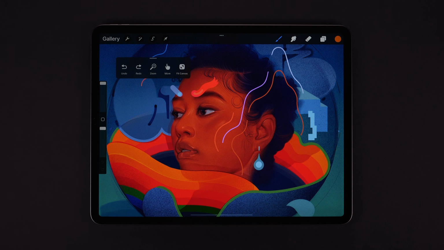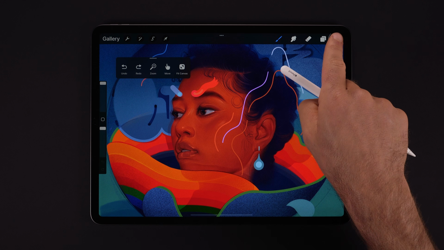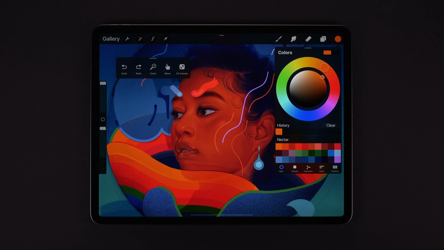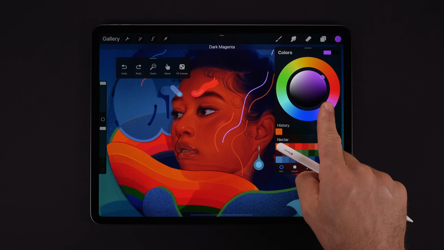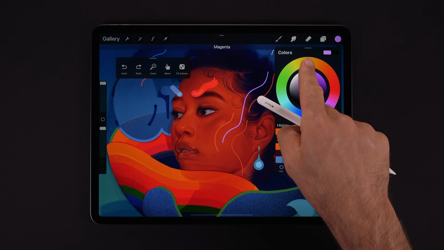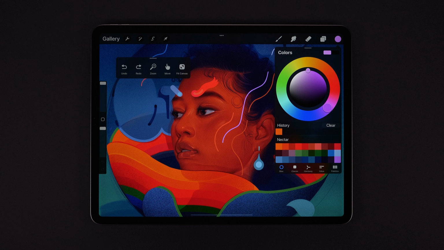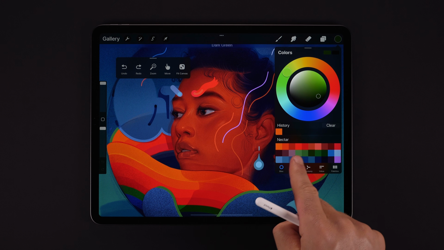Now, let's talk about color. We have color description notifications on, so as we select new colors, we'll get a notification appear at the top of the canvas, providing us a general description of what that new color is. Something else that can be very helpful is color cards. So we have these swatches from our chosen palette.